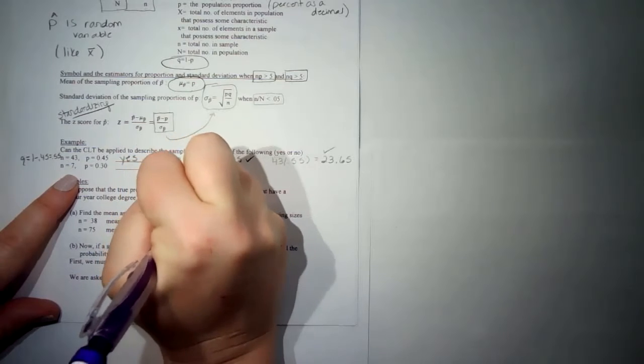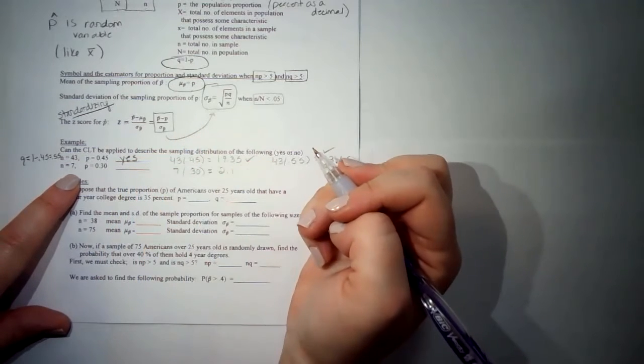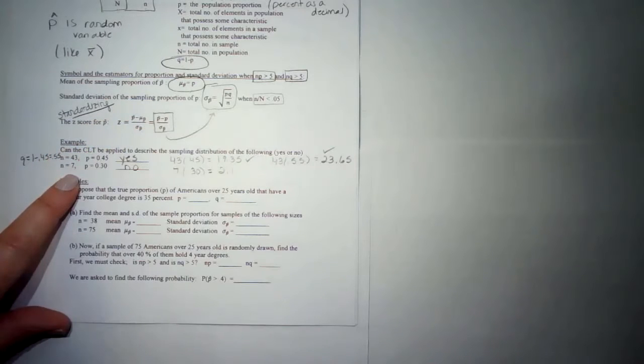Okay, here my N is 7, my P is 0.3. Okay, we multiply N times P. Oh, I got 2.1. That's less than 5. So I can automatically put no. I don't even have to try the Q. But if you wanted to,